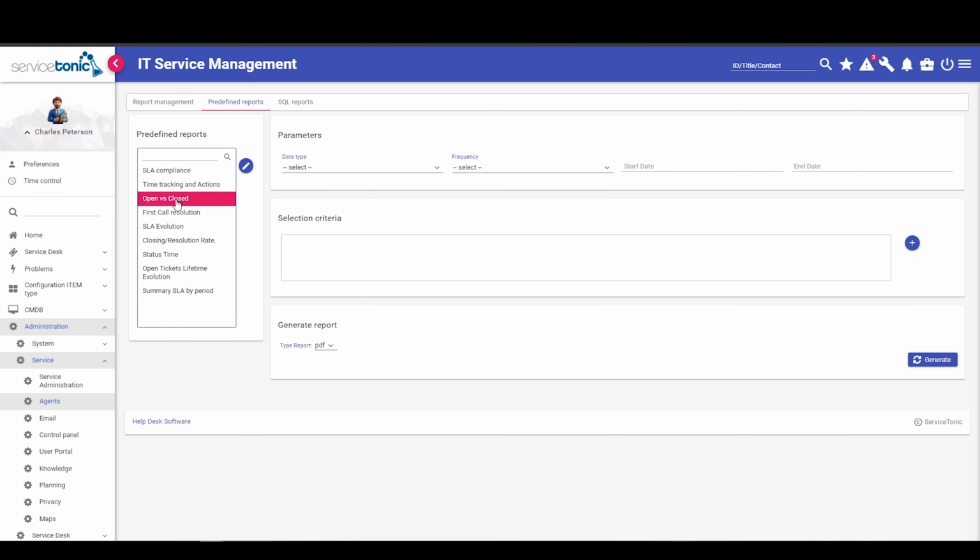We start by selecting the date type as closing date, set a weekly frequency, and finally cover the entire month. Now, we could add more criteria by clicking on this button right here if necessary, and finally select the type of report, that is, the format in which we want to extract the report. In this case, we will leave it as PDF. We generate it,